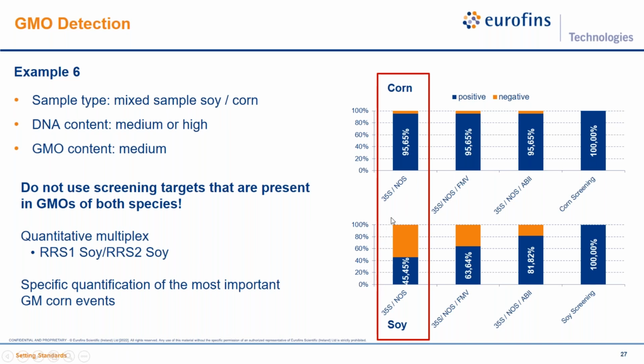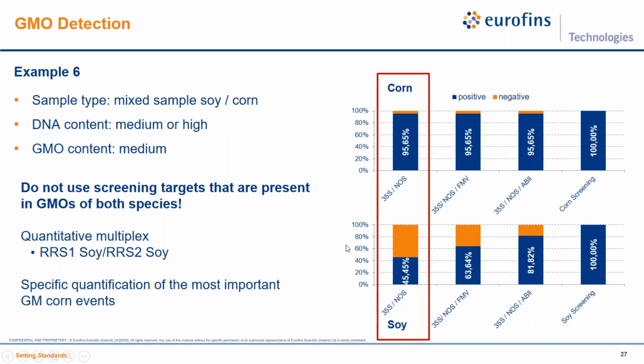So if you do the quantification of 35S and NOS, you will also detect the soybean event. So the result you get, the detected amount of 35S, is higher than the actual amount, because you quantify 35S for corn and the 35S from soy